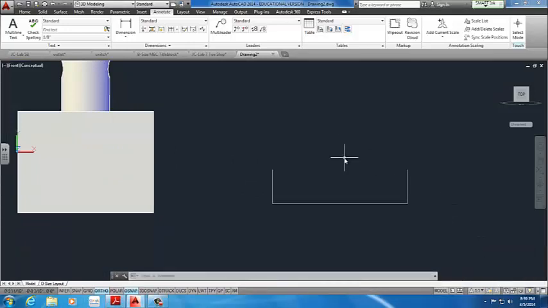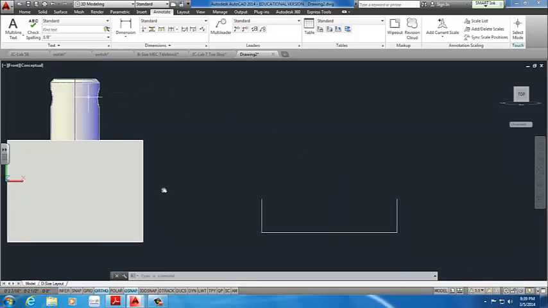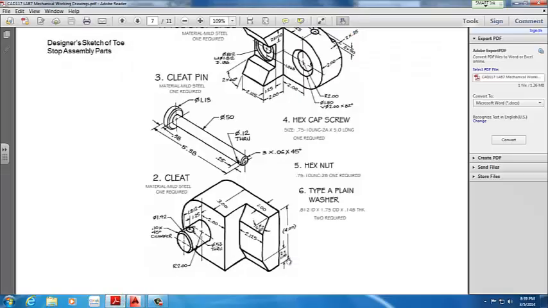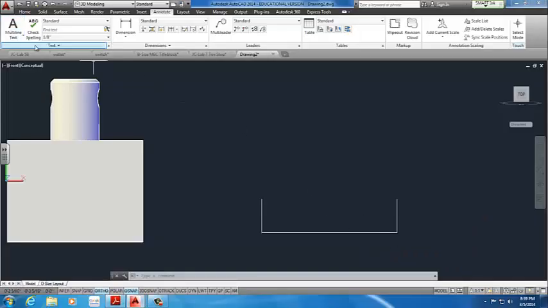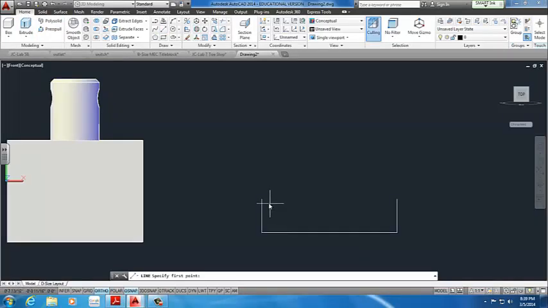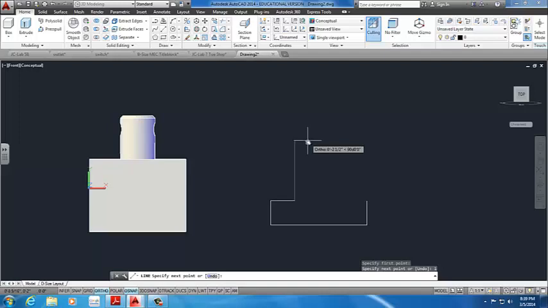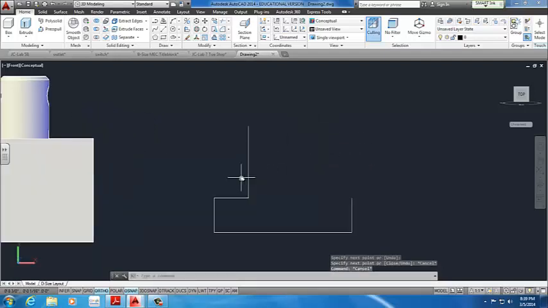Alright, so basically what we want to do to get that 60 degrees is we need to draw a 1 inch across based on this drawing. If you look down here, it's 1 inch away from this face or this line. So we're going to use that as our helper to get us the 60 degrees we're looking for. Back to my drawing, I create a line that is 1 inch across, and the specified height I don't have any. I'm just going to keep it as high as possible, just about like that, and you'll see what I'm trying to do. Next line, I'm going to create another line over this one, but make it longer,